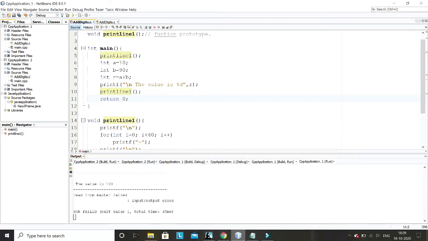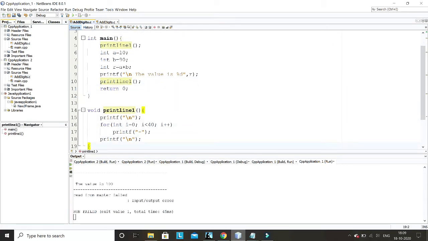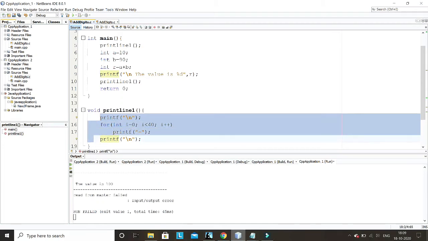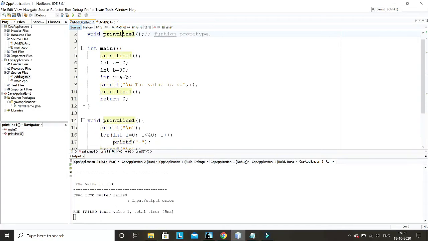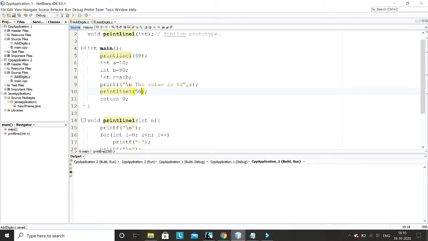So what do you think? Should I go for multiple functions? Because if we go for this particular function here, it is always printing a line of size 40. So how can we change it? For this you need to pass a parameter also. So let me change it like this: integer. You define a parameter here, integer n, suppose, and then you write here less than n, and you pass some values here, 40, right, here 50. Okay, now it will work. Let me run it, then I'll explain it.